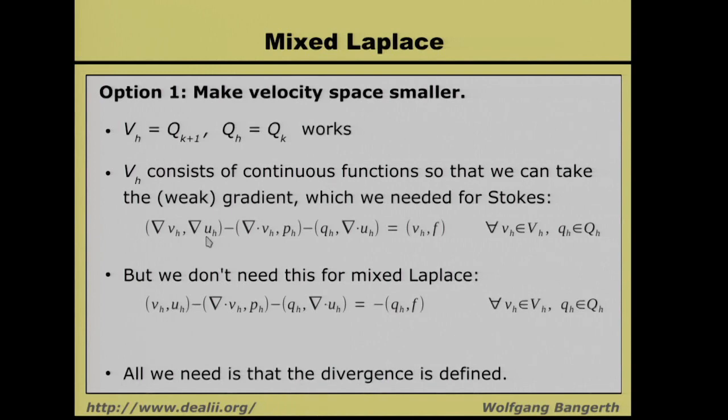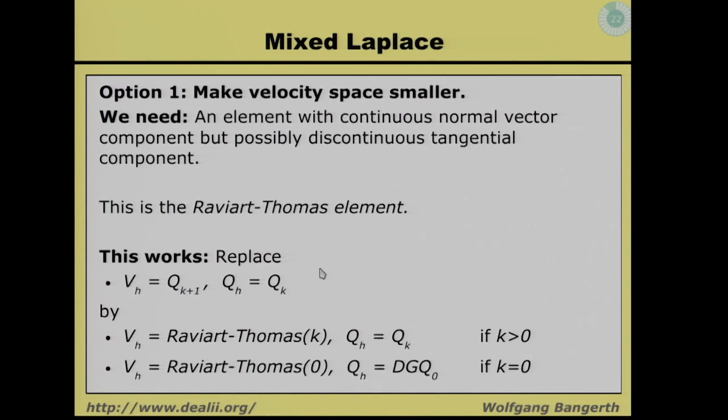Okay. Here, I don't need this, but I do need that I have divergences of my velocity fields. So I don't need full gradients. All I need is that the divergence is defined in some weak sense. And that allows me to make my velocity space smaller. Namely, I want to choose a velocity space that does not have quite as many degrees of freedom as Qk plus 1. I want to make it smaller,